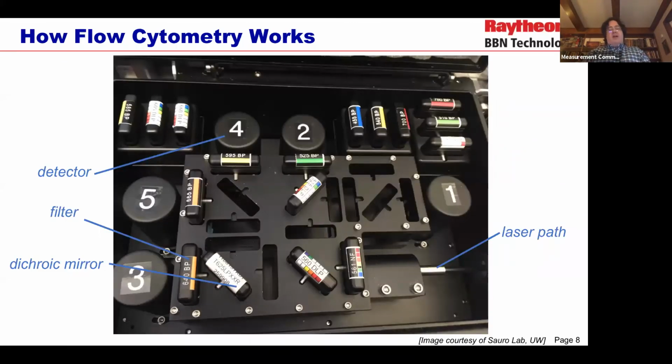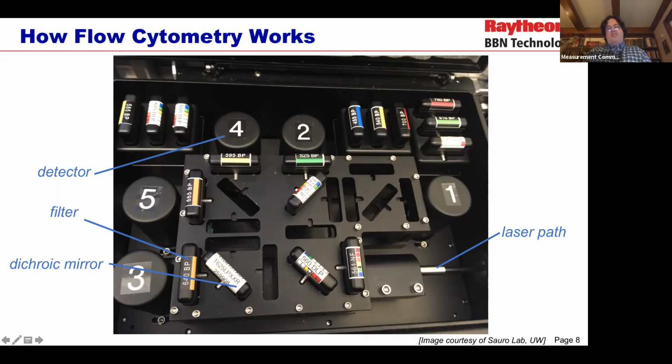Here's what a flow cytometer looks like under the hood. One particular model, there's a lot of models that look a lot of different ways. This one happens to be in the Soro lab at the University of Washington. Over here on the bottom right, this little black tube going into a sort of shiny metal connector, that's where the laser is actually coming in on this machine. And then these little colorful blocks are